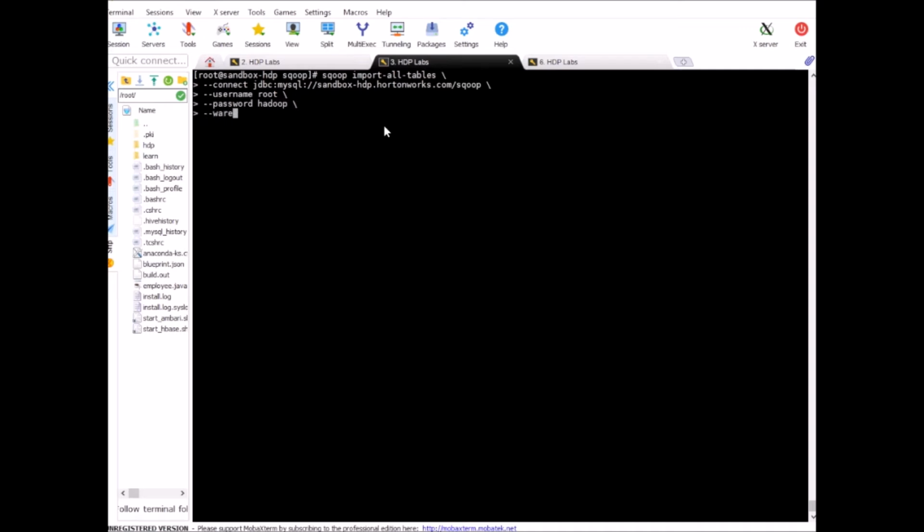And we need a destination directory on HDFS to store this data. That's why we are using warehouse directory. So we are going to store all tables under the all tables directory.